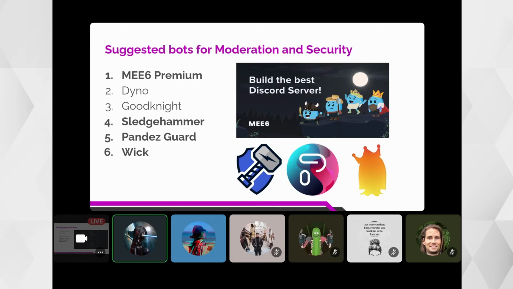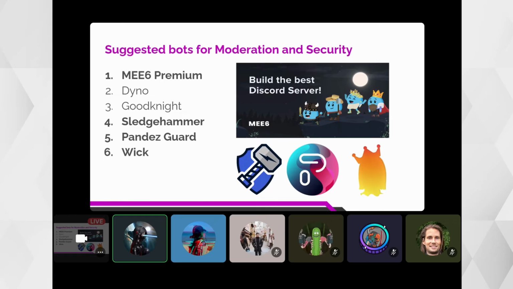And then for verification purposes, verification gating, I suggest using Sledgehammer or Pandas Guard. For me, these are the good ones. Instead of merely using the Mi6 Premium bot as a reaction role bot, where to get access to the server you just click on the emoji, I observed that bots have been able to get through that security mechanic.